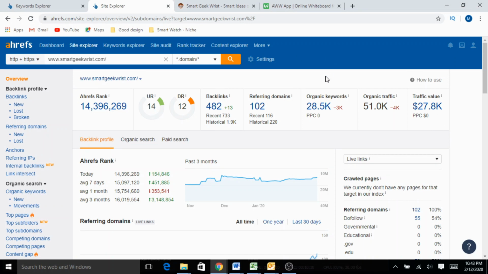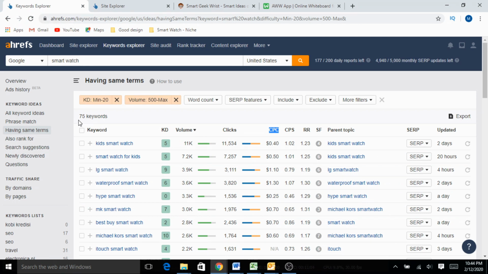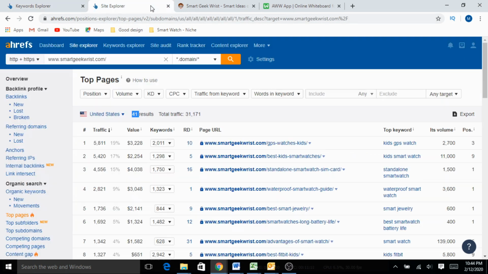Okay, now I further analyzed here. There are hardly 41 pages written, 41 topics were covered as part of this website. Still, it is ranking for nearly 28,000 keywords and about a 28k earning potential. Okay, so if you remember, I told you just to hold on. Why I am saying even less than 100 topics is also fine for this particular micro niche. Now here is the answer.